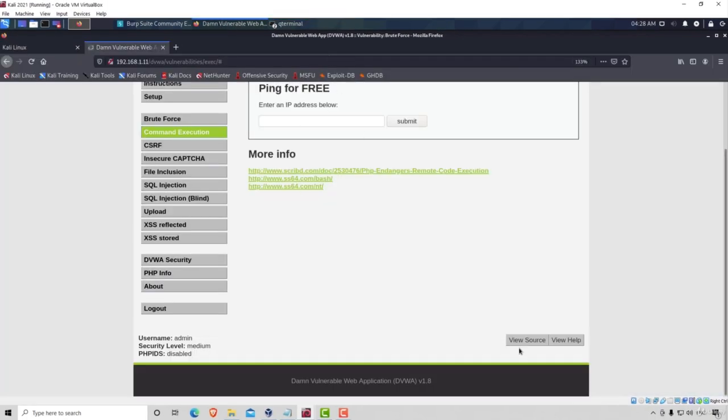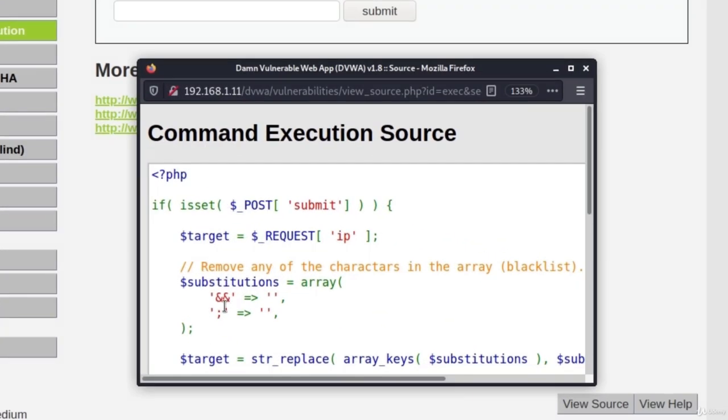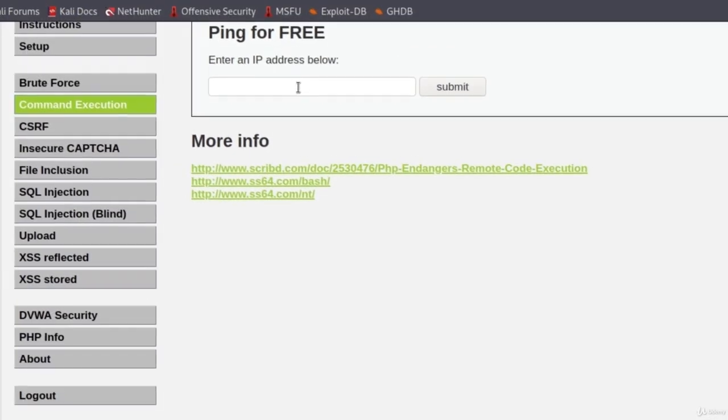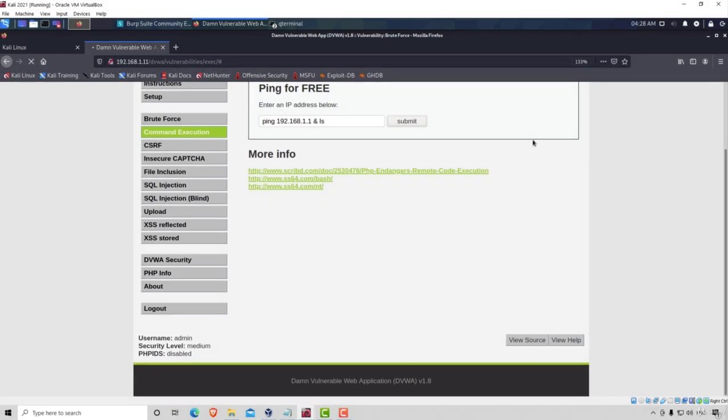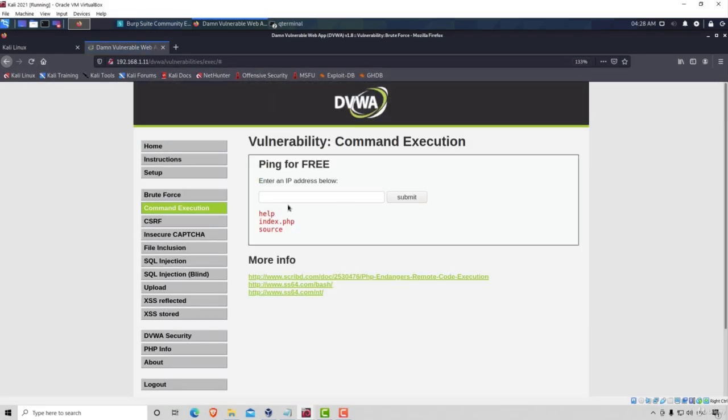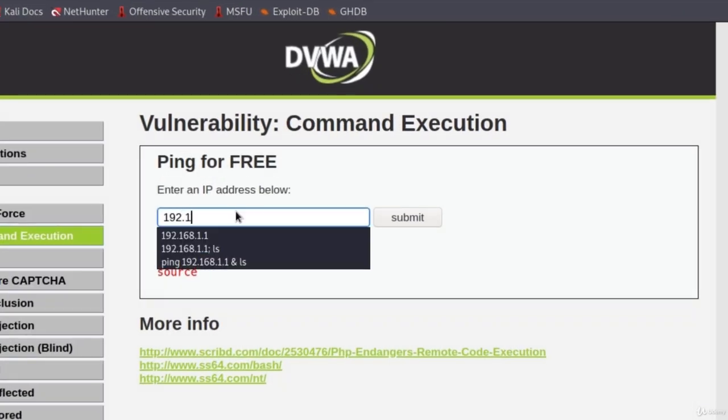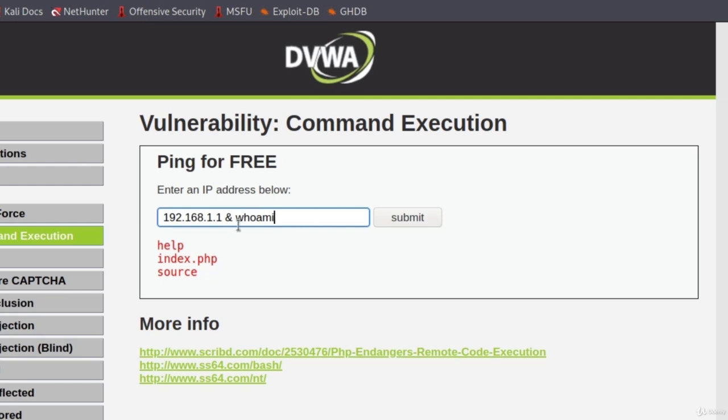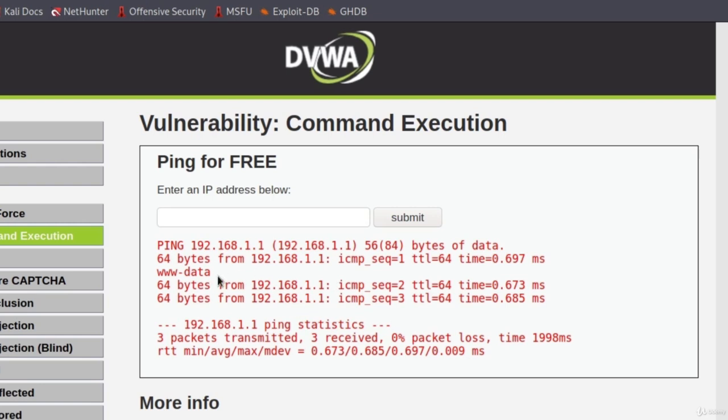So can we try something like that right here? As we can see, it's not filtering just one of them, it's filtering once it sees two of these signs. Well, let's give it a try. Let's try to ping 192.168.1.1 and use one of these signs and then ls. Let's submit this. Whoops, it actually won't work because we typed ping, so we just need to type an IP address and let's say whoami. Let's type whoami this time, just by using one sign to separate the commands. And we do get both of the outputs back,